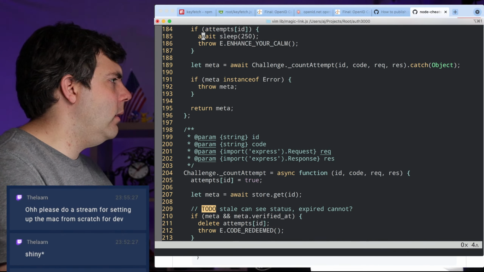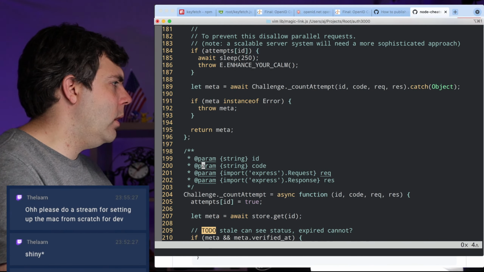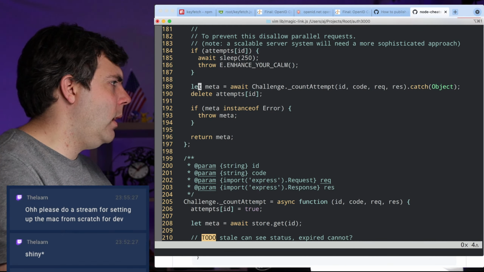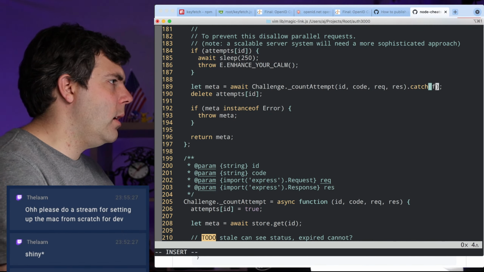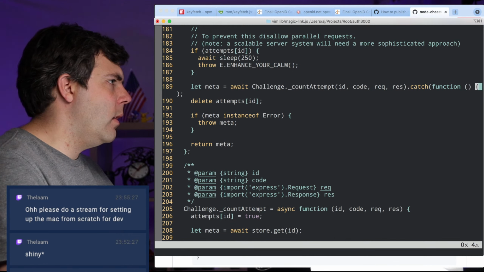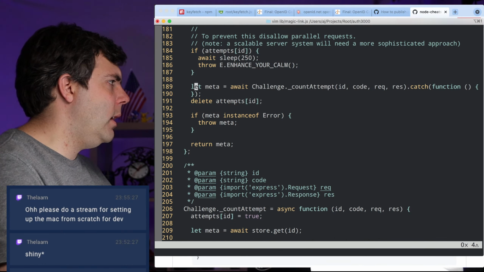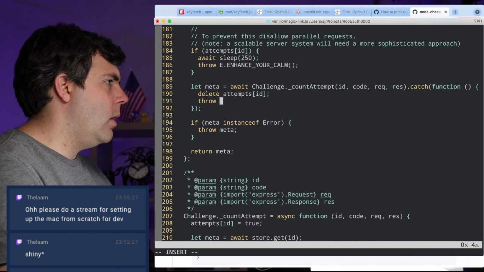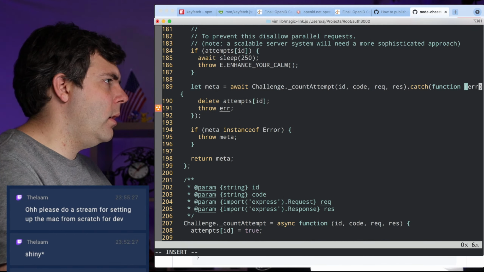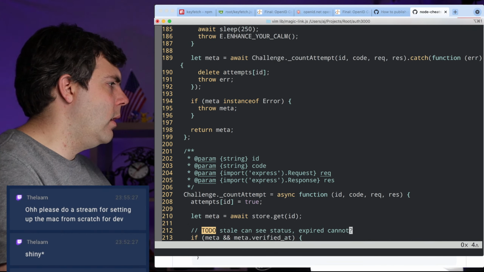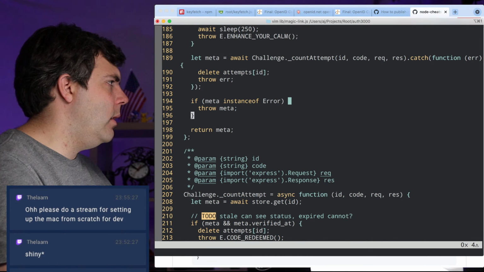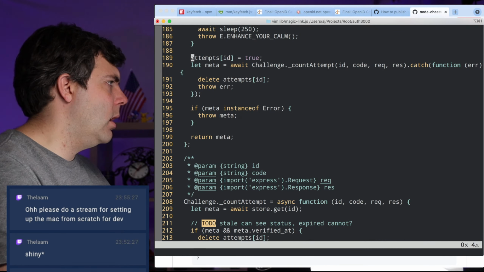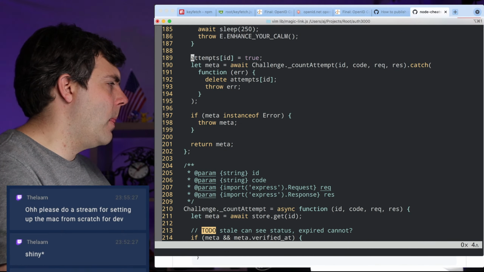And the way that I'm going to fix it is we're going to catch here, and we're going to say that if there's an error, we're going to delete the mutex-ish thing, and we're going to rethrow the error.